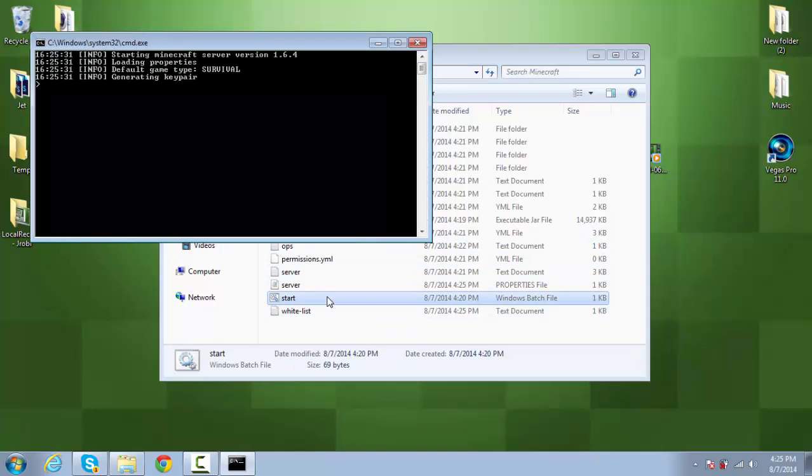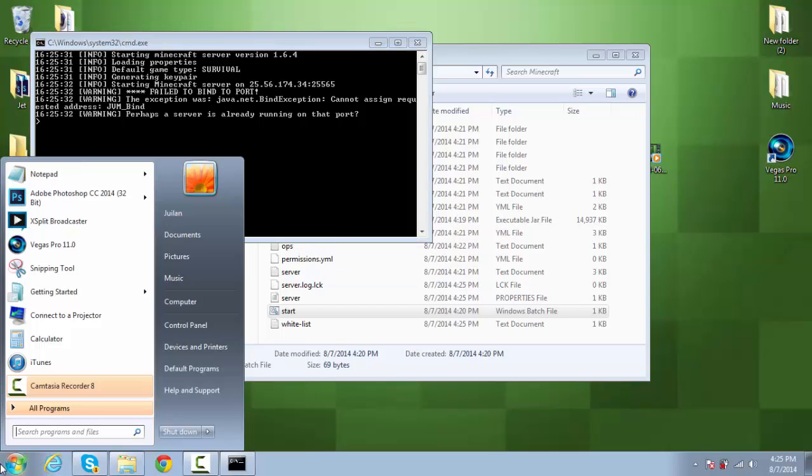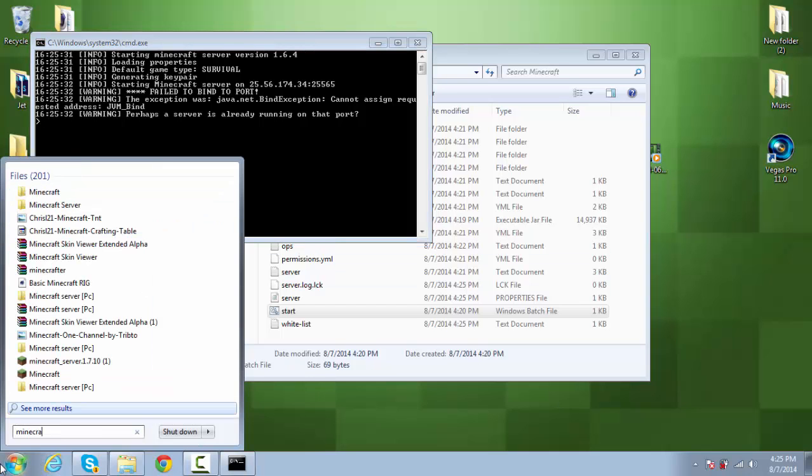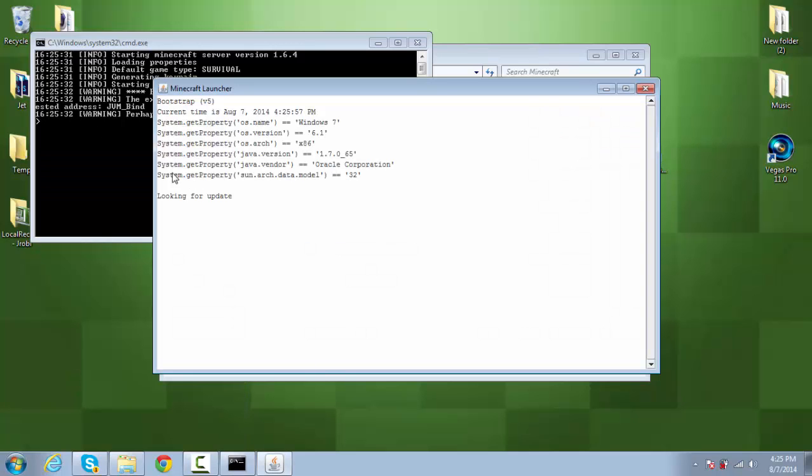Now you want to start this and you see all this coding and you're like, oh, this one didn't work because I've already got a server running on that port. But normally it'll come up with everything you want, it'll say building Minecraft server, and it'll say done when it's finished. That's when you want to go into Minecraft and leave this running because this is